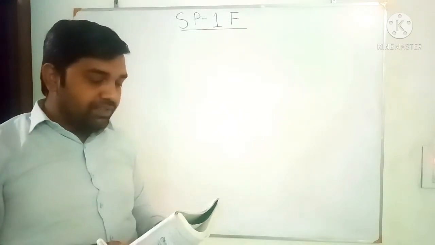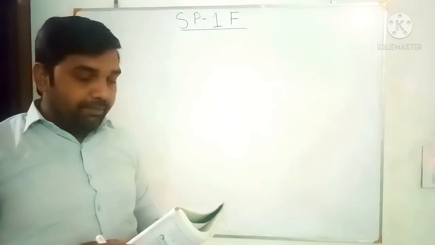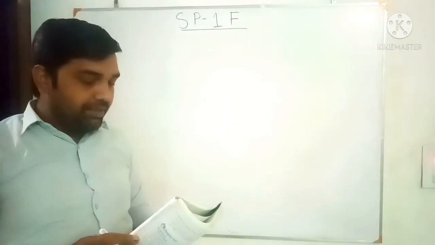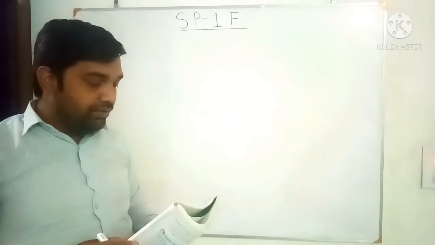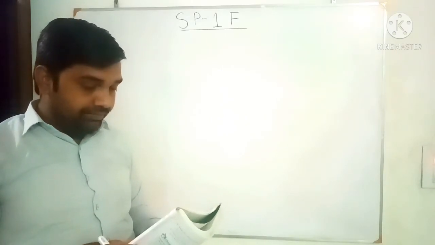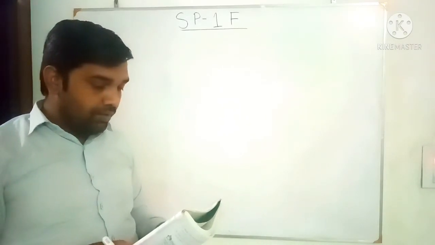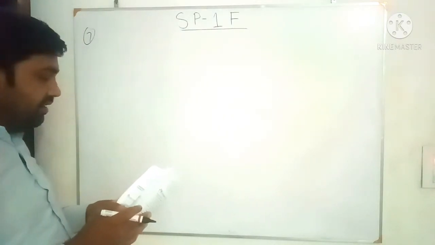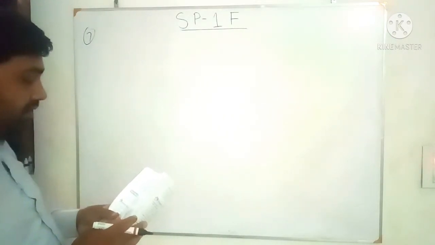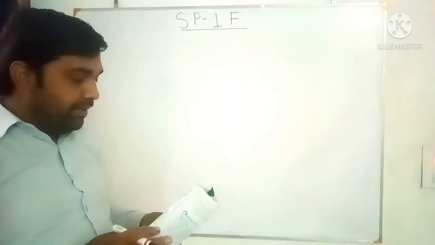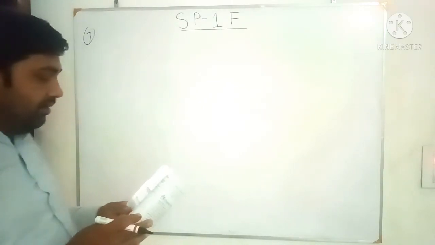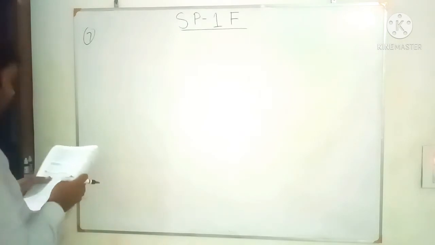A lift in the building moves at the rate of 1 meter per second. If a man starts from 50 meter above the ground, how long will it take him to reach the second floor of the basement? So first we calculate the distance. Okay, distance covered by the man. Distance to be covered by the man to reach the second floor.